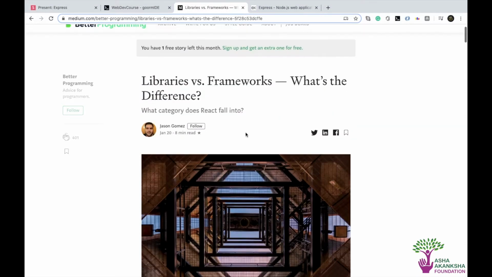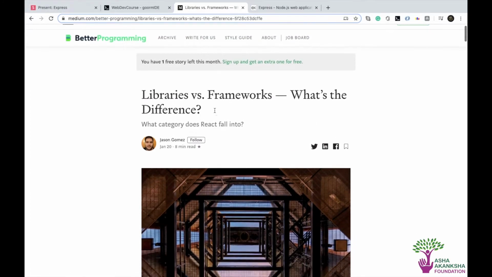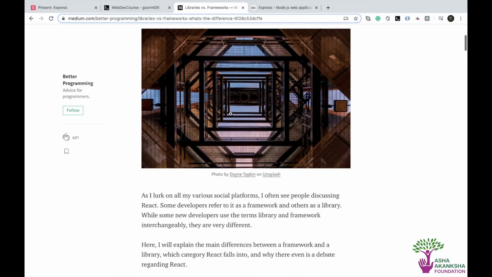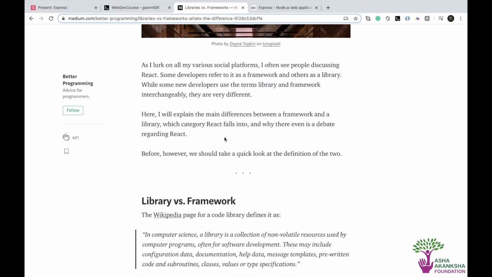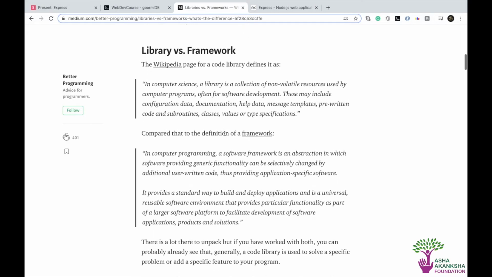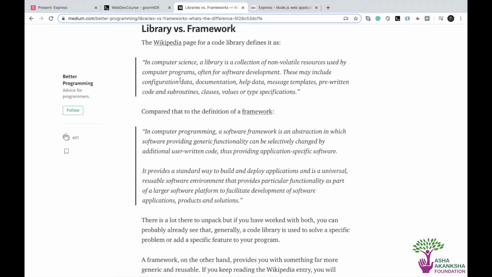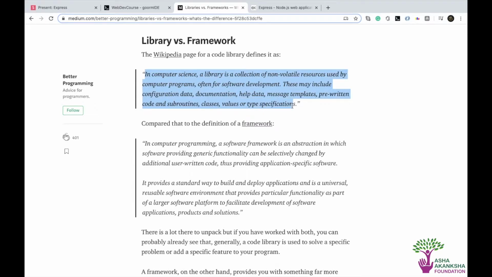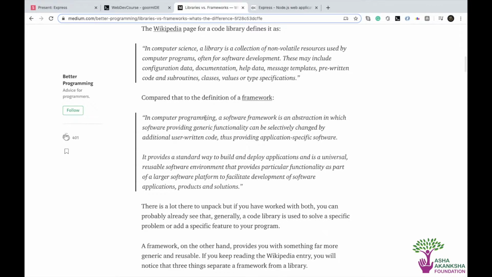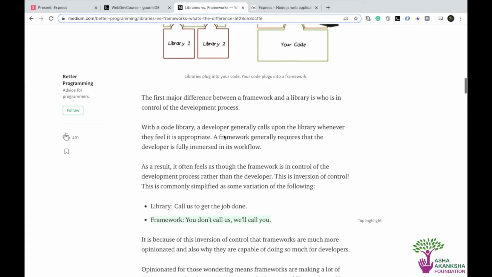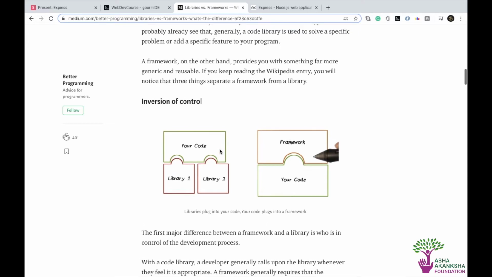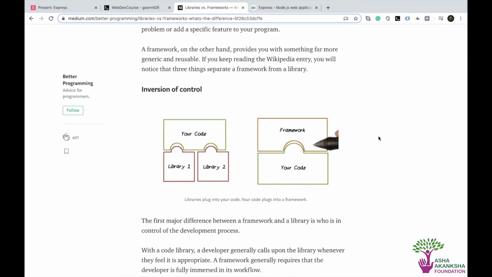But for now, here's a really good Medium article that I found to explain this, right? And while he's talking about a lot of things, like he's talking about React, which is a framework on the front end, that's not what we're into. So here is given the definition of a library, right? If we read that, it includes a lot of complex words, and framework includes even more complex words. So it's not that I'm recommending you to read this whole article. The only thing that I want to show you here is this picture, right? And this is actually a really good description of the difference between a library and a framework.